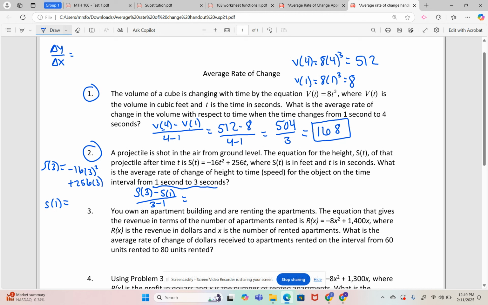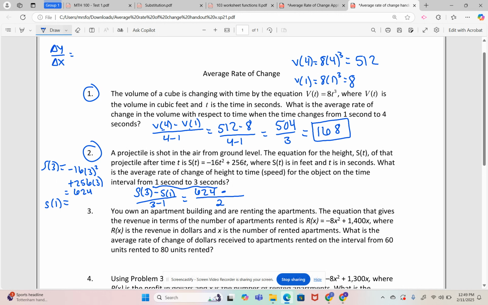Okay, so now we want to do that. We would say negative 16 times 9 is negative 144, plus 768. So that is going to give us 624. So S of 3 is 624